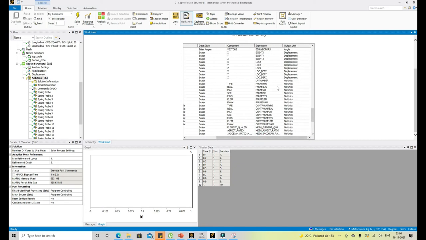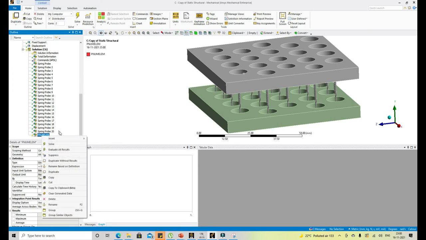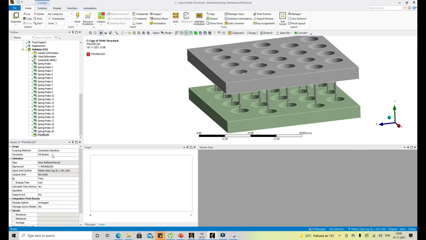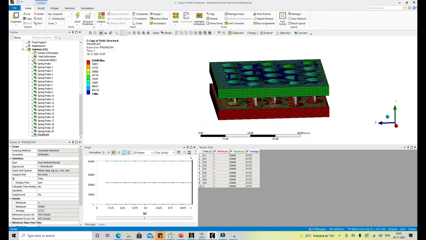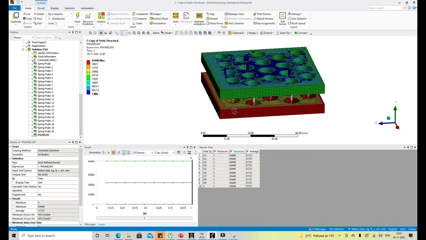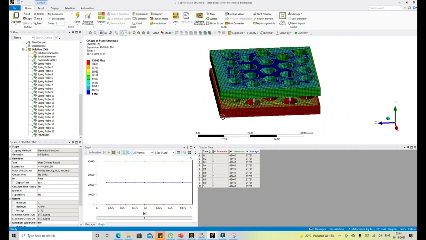num, okay, just this is type, yeah, this pnum element will give you the element number associated with each combined element that is getting created internally. So suppose I use a pnum. By default, you can see this scoping method is set to geometry. So if I hit evaluate all results, it will give me a contour result of all the elements that are present in the model. It is just like contour visualization. It will interpolate between maximum and minimums and give you the results.